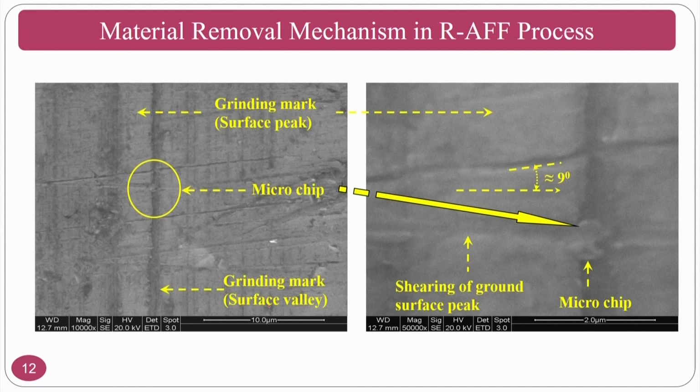Okay. So, how to prove that the material removal mechanism is by shearing and microchip formation and so on? For this purpose, we stopped the experiment after a few cycles, like 4-5 cycles, I mean the reciprocating cycles. So, you can see this is a grinding mark, this is a big one, and the abrasive particles will move in a perpendicular direction if you are not giving any rotational motion.